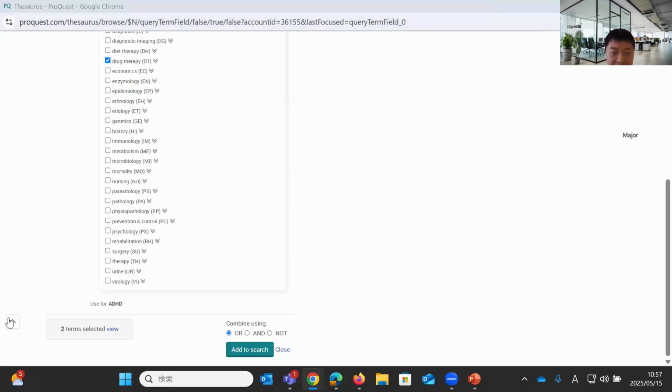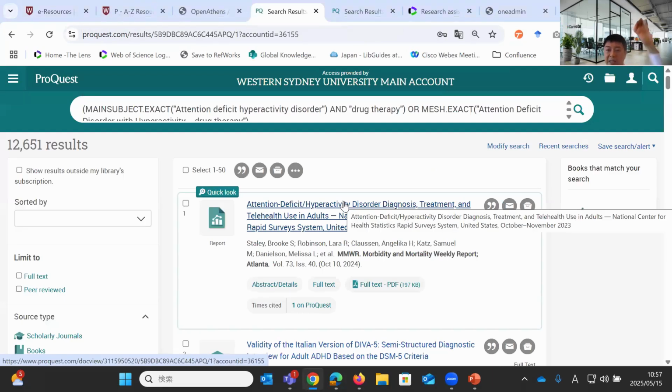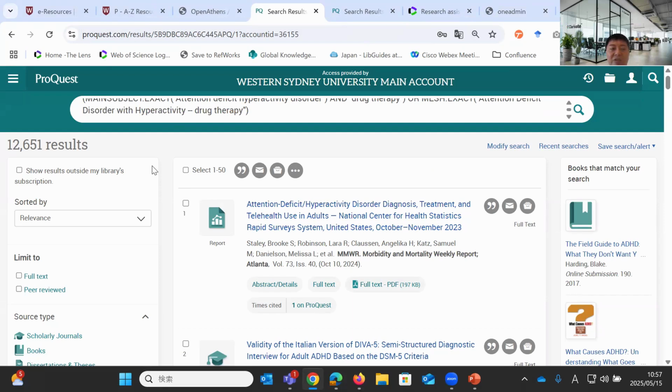And maybe you want to put OR or AND, depending on what you want to do. I put OR to capture everything: the content indexed in PubMed and the content indexed in ProQuest. And you see a larger number there. So you can do a search like this by combining these thesauri.